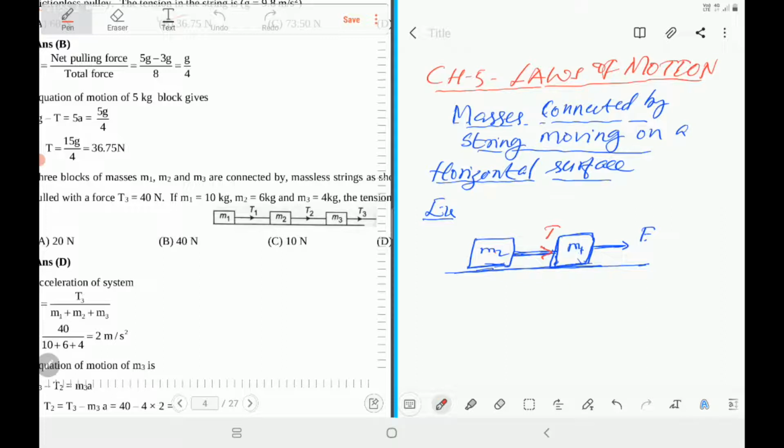According to Newton's third law, if force exerted by mass M1 is action on M2, then force on M1 by M2 is reaction. What is that? Action is equal and opposite to reaction. How do you write it? Opposite direction. So that is T. If you show the arrow towards M2, that is the force exerted by M1 on M2. If you show the arrow towards mass M1, it is the force exerted by M2 on M1. Both are the same, equal and opposite.